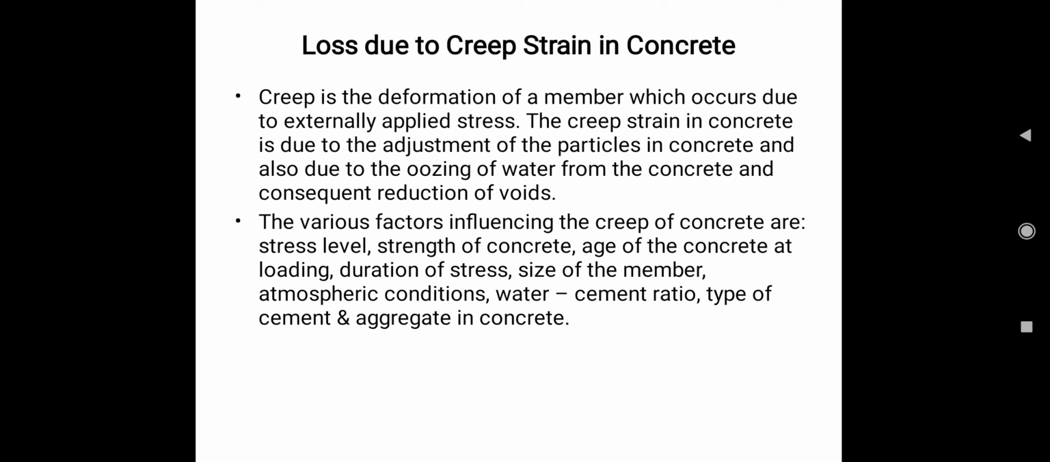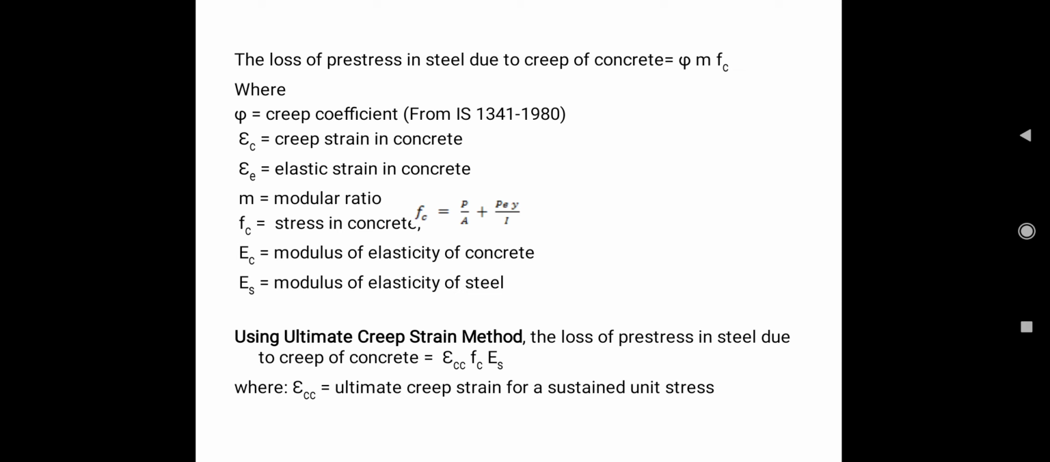So creep of concrete depends upon the intensity of stresses, and it also depends upon the transfer of pre-stress, cement content in the concrete, density of concrete, water cement ratio, atmospheric condition, and temperature. So these are the factors which influence the permanent deformation or creep of a concrete. So how to calculate creep of a concrete and how to encounter the loss? Here, the loss of pre-stress in steel due to creep of concrete is calculated by the formula phi mFc,